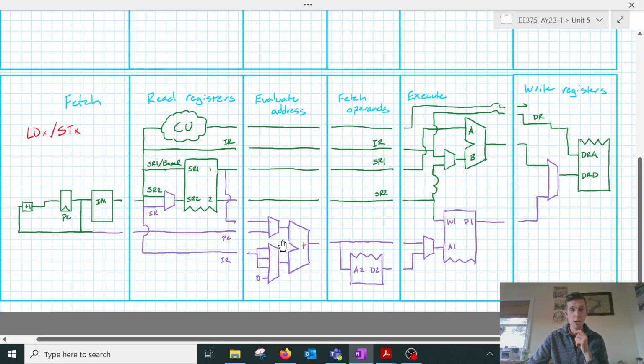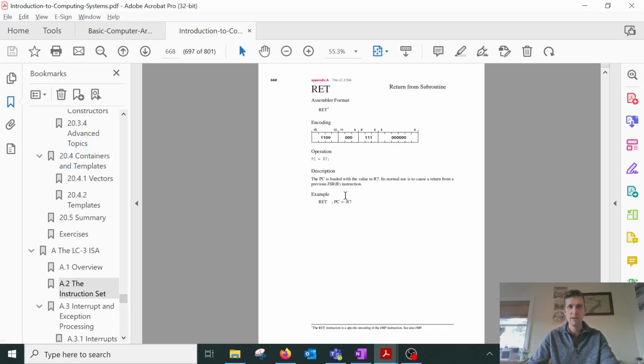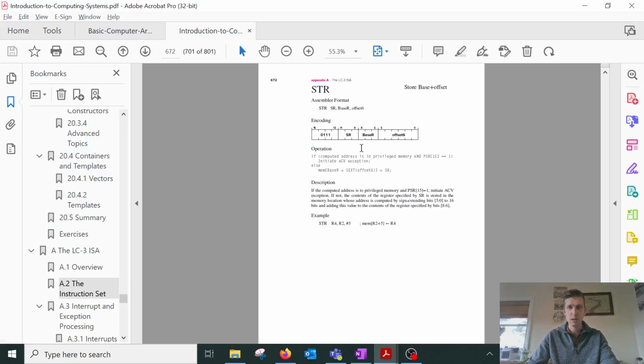Then in the case of the load register, those are being added together. That becomes the address to my memory. The data gets written to the destination register. Everything's kosher. I get a little bit of a hiccup if I try to do store register, because I'm going to pull my base register out of here, add some offset, and that's going to be the address. And then the store register instruction will be looking for a value in a source register right here to be